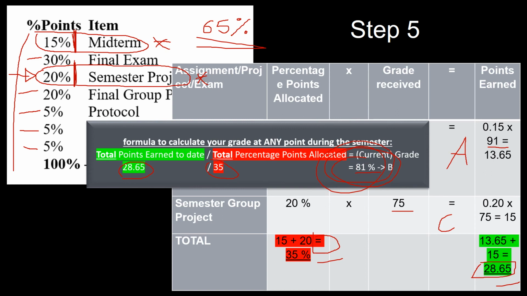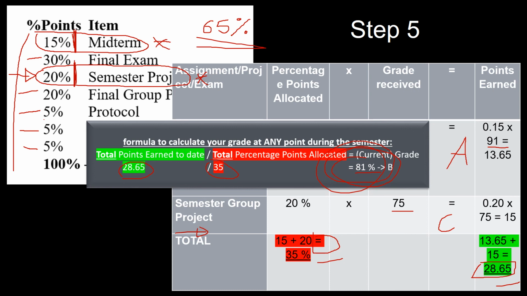And I would really recommend that you keep track of your grades in this particular manner. So for instance, if you had 3 grades already, let's pretend you got the midterm, the semester project, and then the protocol, then you would basically fill in those 3 assignments in the grid. So you would add here another line, right? And then you calculate everything based on that. And obviously your total grade will change based on those assignments. But you can really do this at any point, and so you should do this at any point,